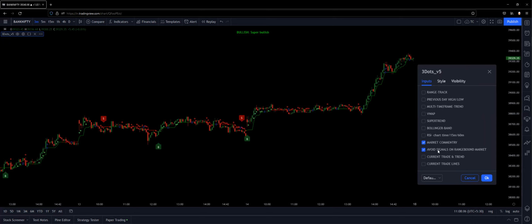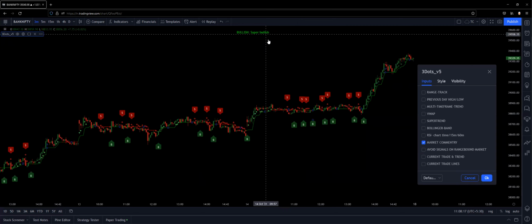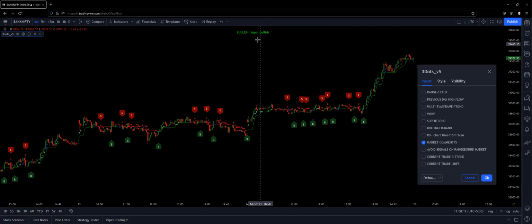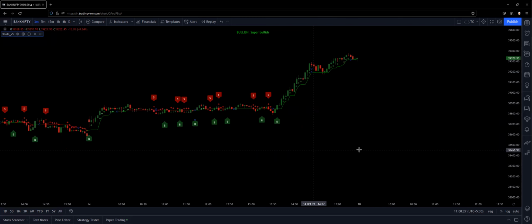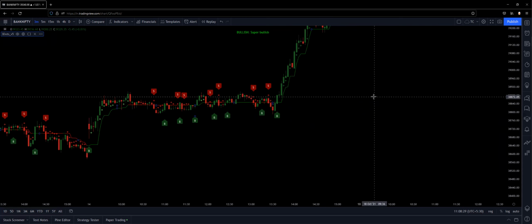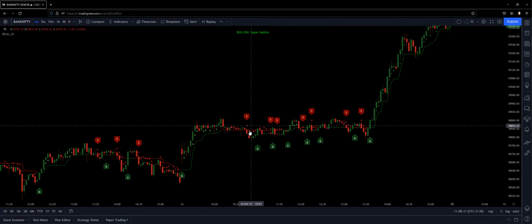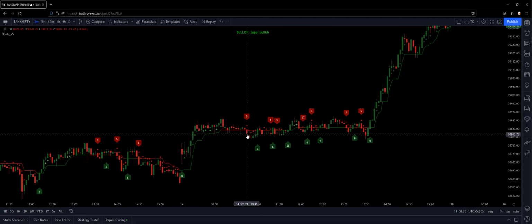and definitely this will help you guys a lot. So this market commentary is some guidance, like you will always be getting this message above your screen, so you can act accordingly. So if you disable it here, you will have normal entries. So there will be a lot of entries and exits. So fine if you are comfortable doing this.